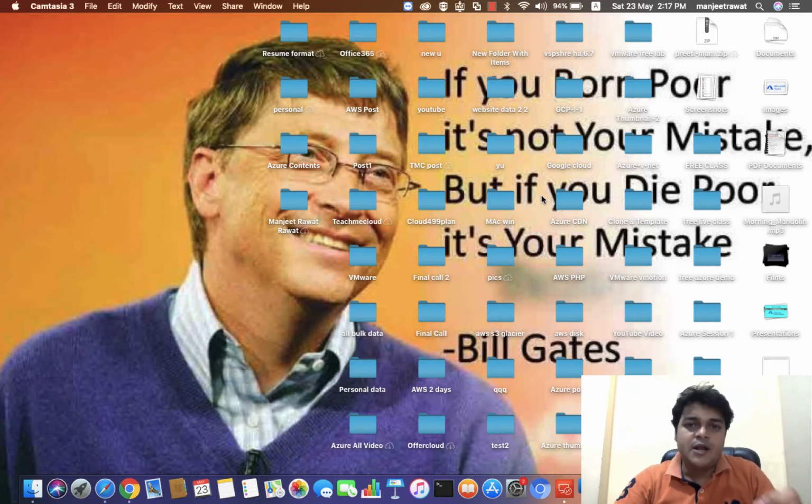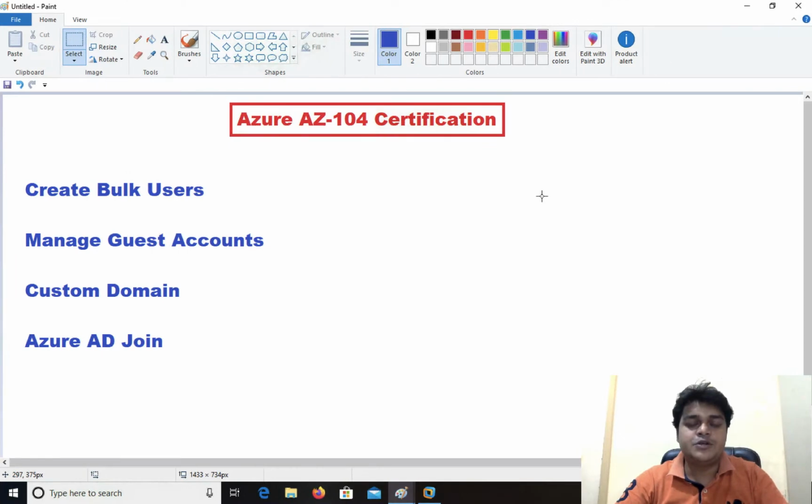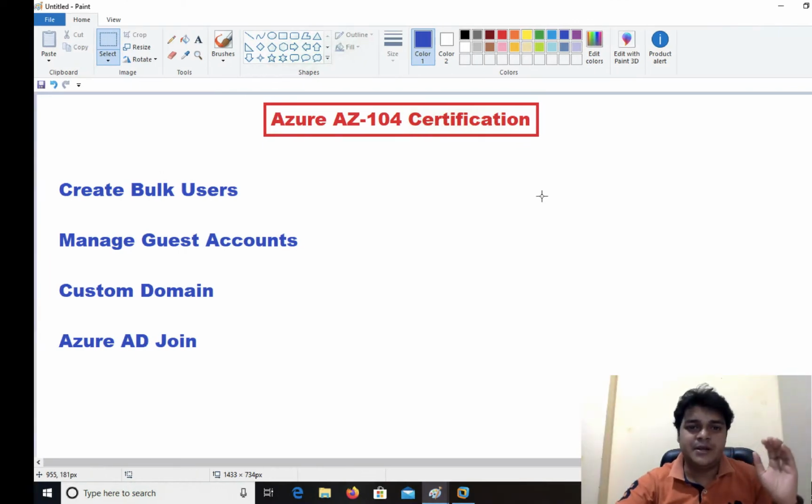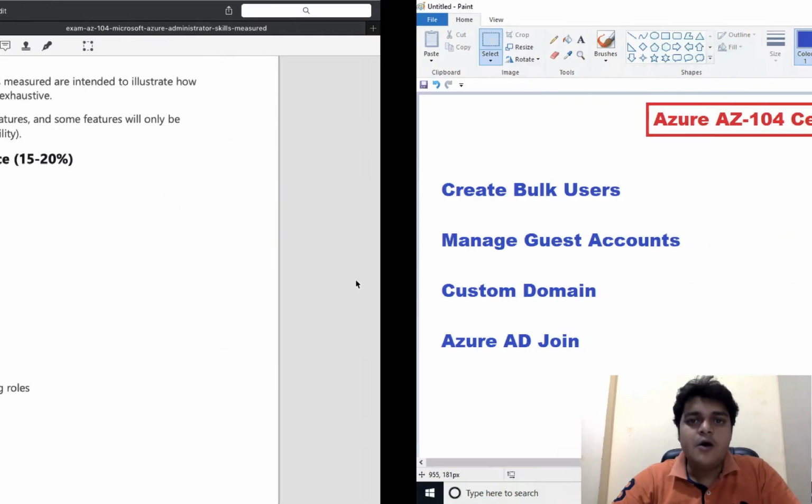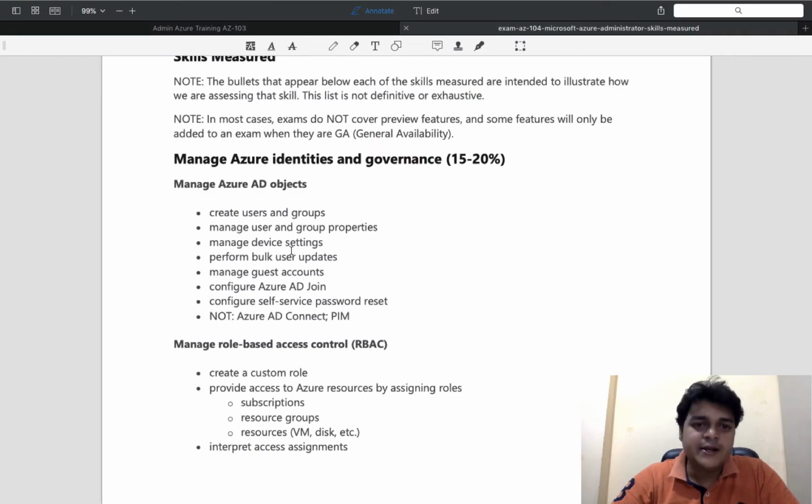As we discussed in our last video, we are working through our AZ-104 certification course content. This is our second class, or second session, and in this session I'm planning to describe another option available in the course content of Manage Azure AD objects. In our first session, we created users and groups, managed their properties, and configured MFA for users. Now I'll describe the remaining content in the manage Azure AD objects section.